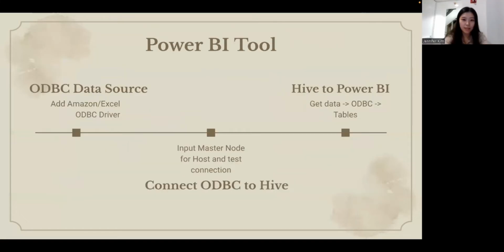Okay, so to connect the Power BI tool, first step, we used the ODBC data source to add the Amazon Excel ODBC driver to the Excel file. And for the second step, to connect ODBC to Hive, we input the master node for host and then test the connection. And for our final step, we would get the data for Power BI and then select ODBC to get